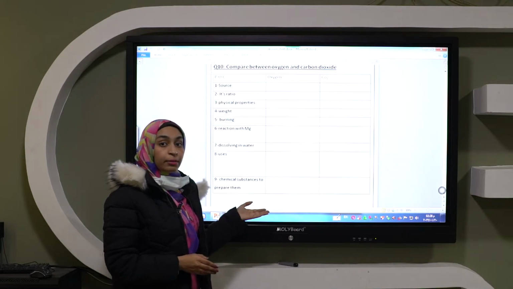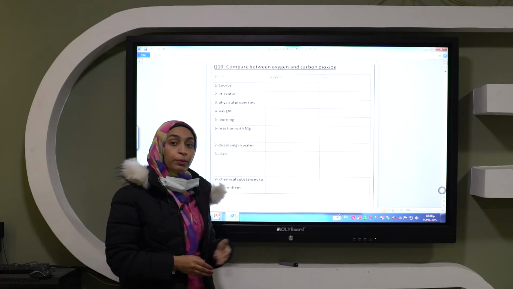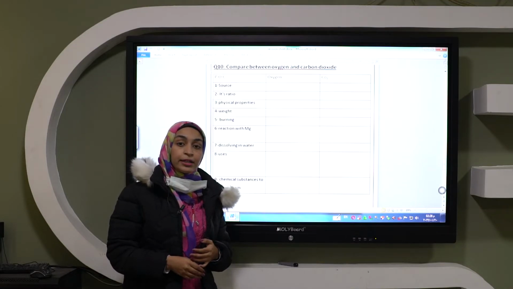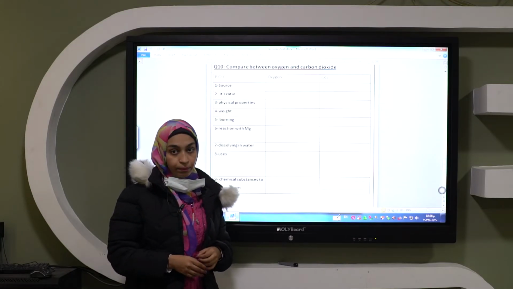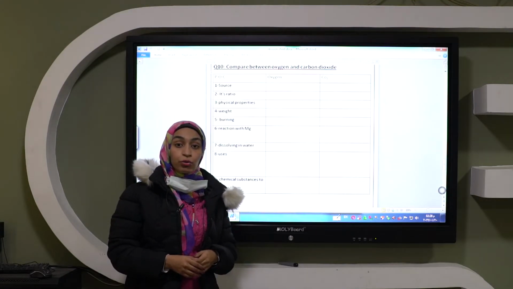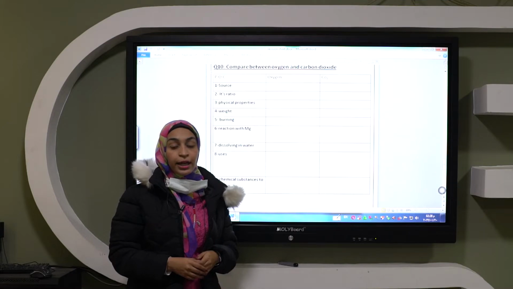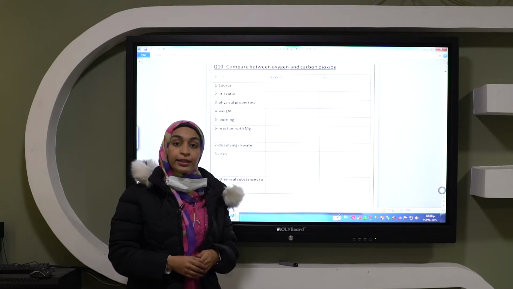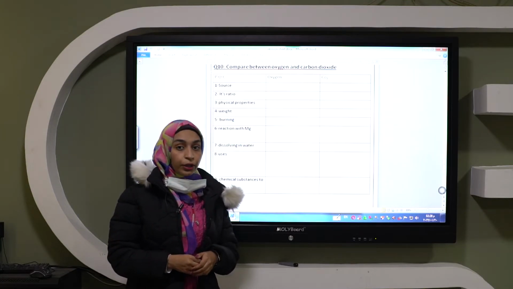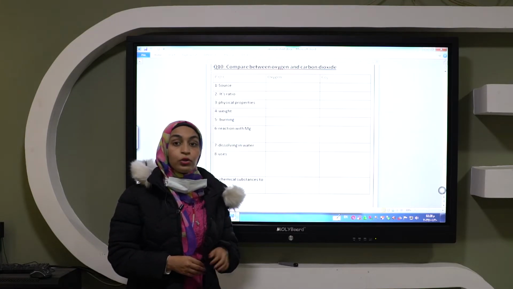What about the chemical substances that we can use if we want to prepare the oxygen gas? Hydrogen peroxide and manganese dioxide as a catalyst. While to prepare the carbon dioxide gas we can use hydrochloric acid, or we can say HCl, and calcium carbonate. Don't forget that the carbon dioxide gas turns the lime water milky due to the formation of calcium carbonate, which is